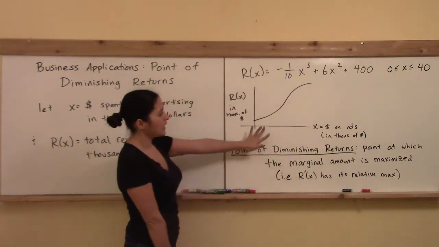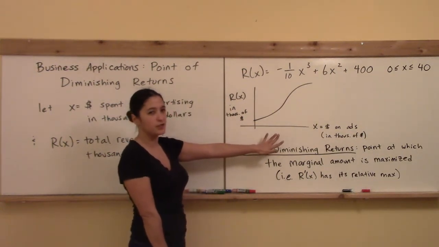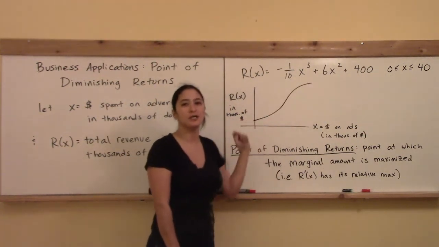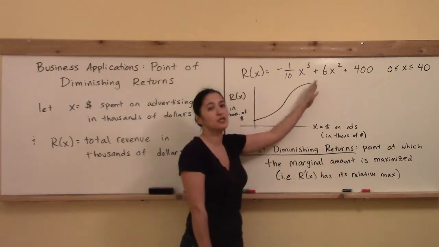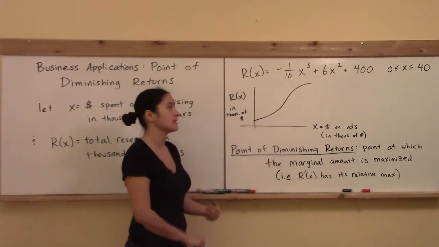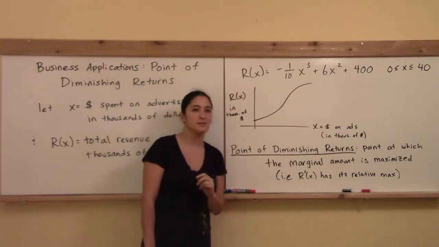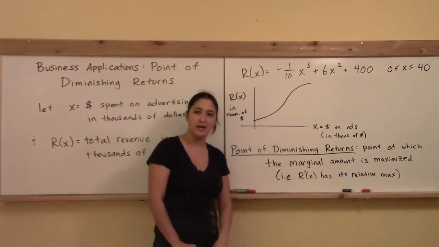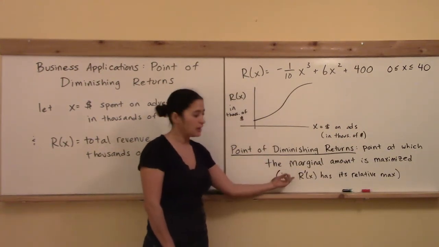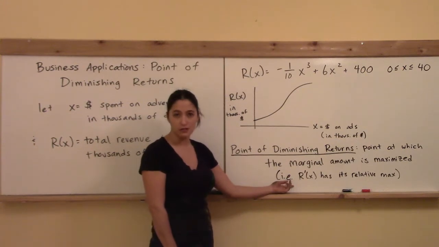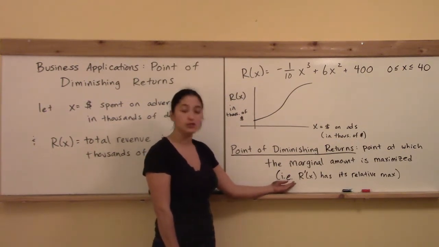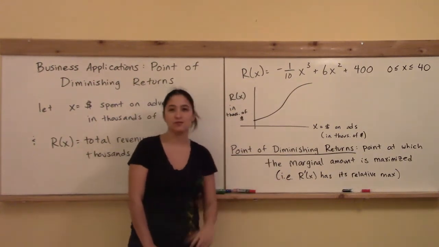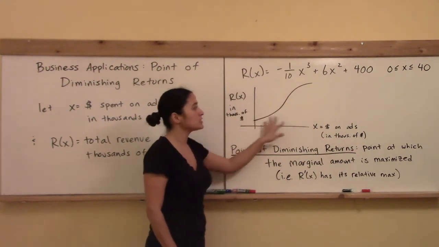Now you can see that if I asked you to locate the relative maxima on this function, you can't really find it. The function is always increasing, so it doesn't really have a spot except for the spot at the end where it has like a local relative maxima. Okay? But there is something that I can maximize, and that will be maximized inside this interval somewhere. What is to be maximized is going to be a marginal amount, i.e. a derivative quantity. So what we're going to show here is that if we take the derivative of the function and analyze that, the derivative of this total revenue has its relative max where the inflection point of this function